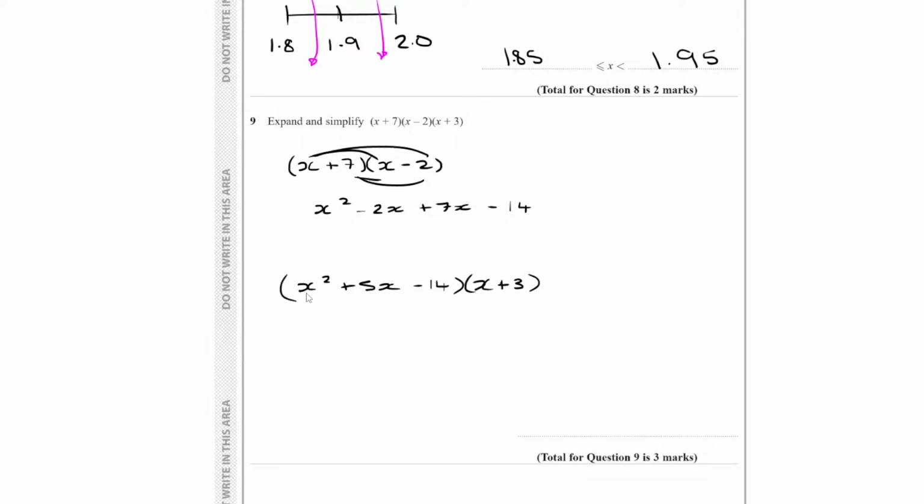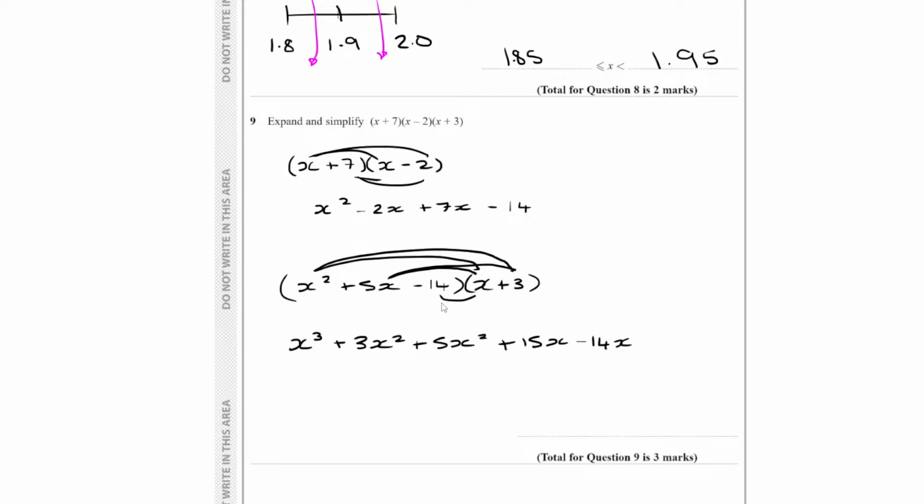And now effectively do the same thing, but instead of having 4 of these lines, you're going to end up with 6, aren't you? What I mean by that is x squared by x is obviously x cubed. X squared by the second term in that other bracket, 3x squared, and then move on to the next one. So that's 5x times x, 5x squared, 5x times 3, 15x, and then move on to the last one. So minus 14x, minus 42. You don't have to necessarily do it in that order, but